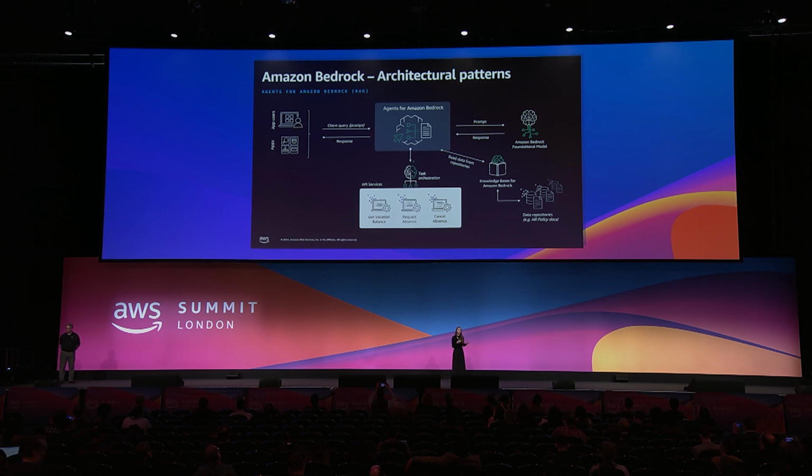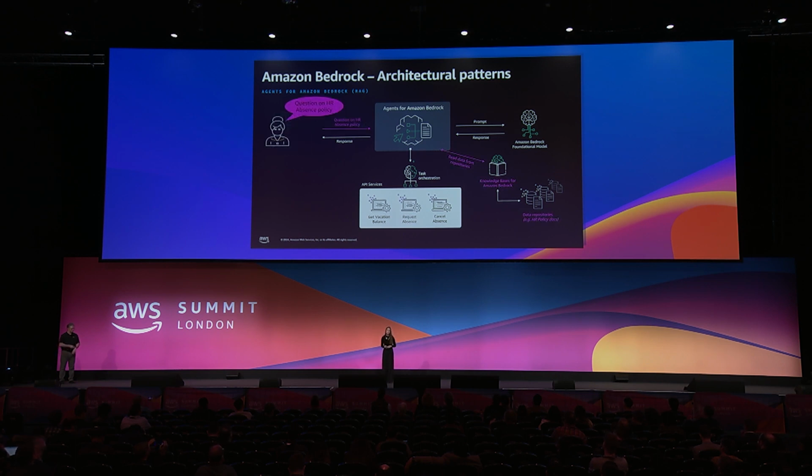So I'm going to send a prompt to my large language model, and my agent is then going to point my model at knowledge sources that are necessary for inference and perform data retrievals from API services. This could take several iterations to actually get the correct response, and these are all handled automatically. So you as a user are not going to notice that all of these different steps might happen in the background. And this architecture that you can see on the slide here could be used, for example, to answer questions